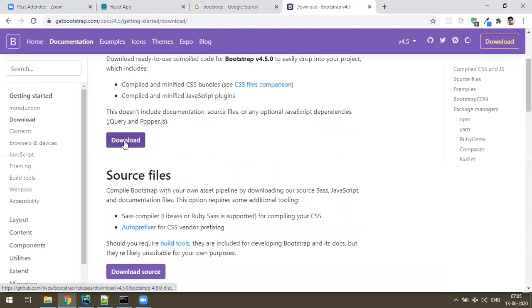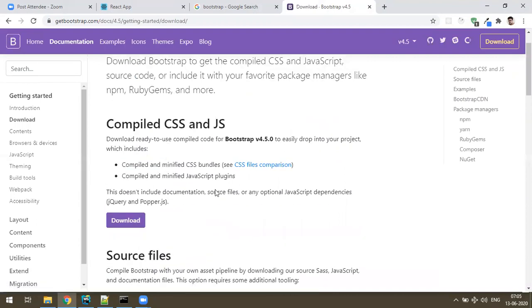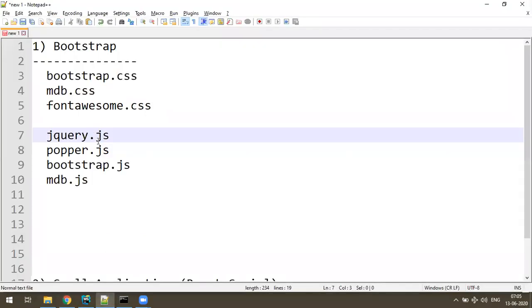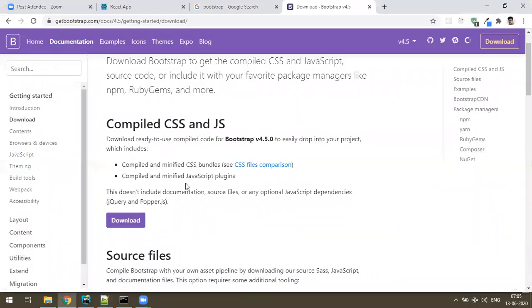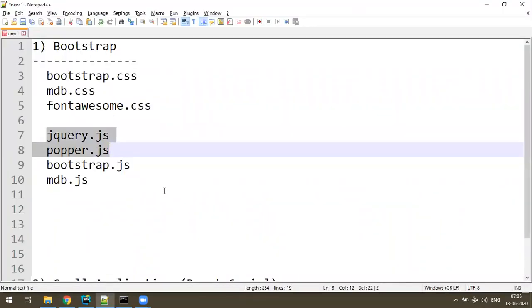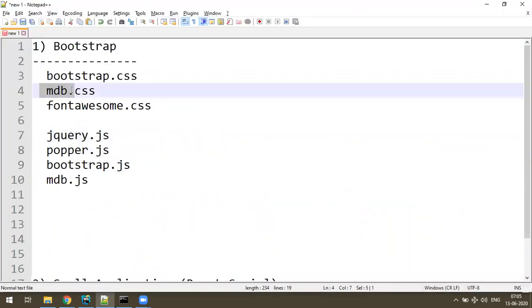You can download this. But the problem is, if you download from here, you only get the Bootstrap files. This does not include the documentation, source code, and even jQuery and popper. In order to start with Bootstrap, you need jQuery and popper, but those things are not available in this download. So for this matter, my plan is to download MDB directly.